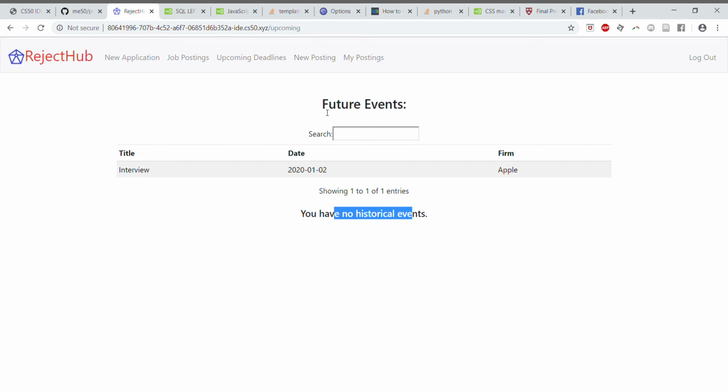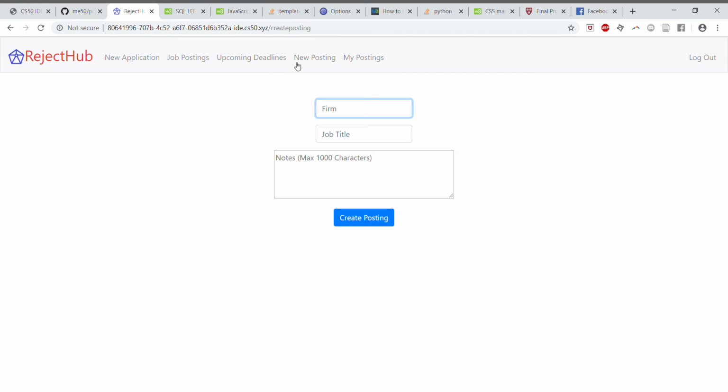I'll show you an example of that later. So now the real power of RejectHub is the ability to create postings though. And this is so you can create your own freeform applications, I guess, but the big thing here is say I'm representing, I don't know, AT&T, and I want to create a job title for technician,